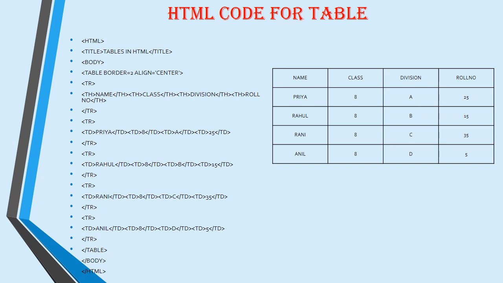In this table, we can see what is there. This is the name. These are called th. All these four things are th here. Name is there, class is there, division is there, and also roll number. All those should be given with the th tag because those are the headers, the column names, right? So first of all, this is the first row, row 1. So I am writing here tr, and ending it with slash. This is the end of it. So listen: tr, then th, first one name, then I close the th, another th I open for the class, th class /th, division /th, roll number /th.